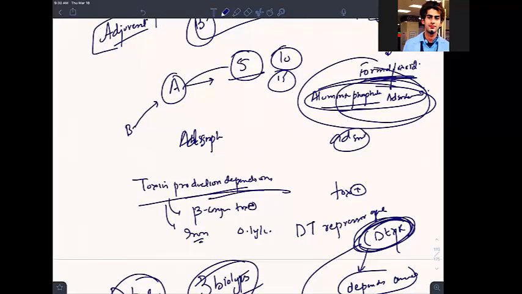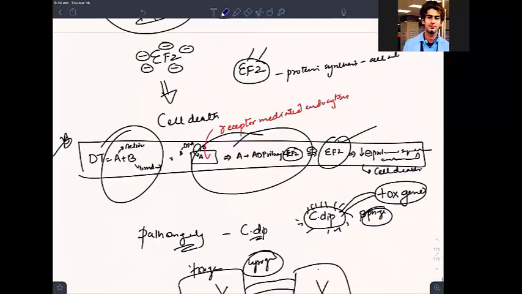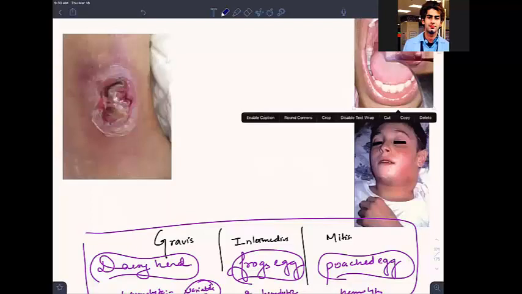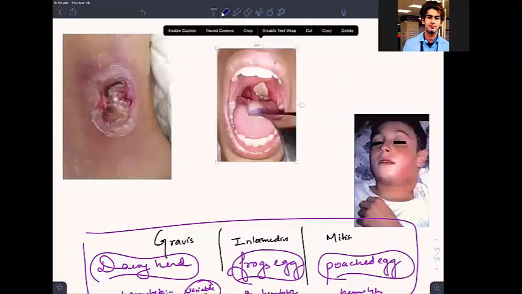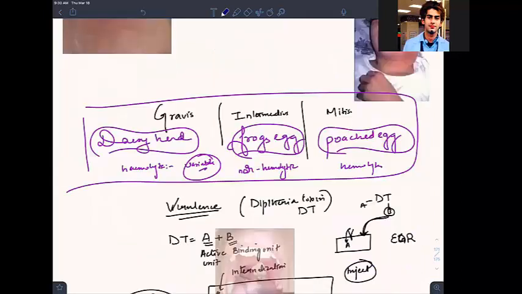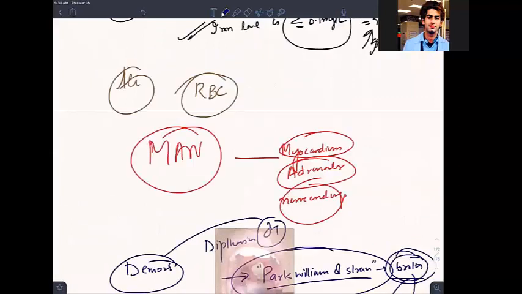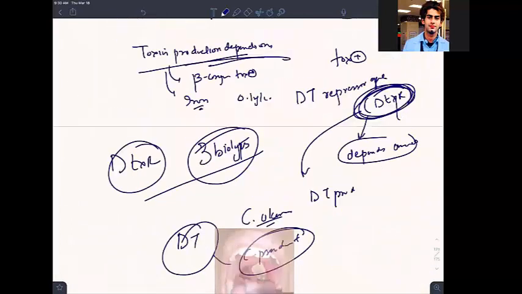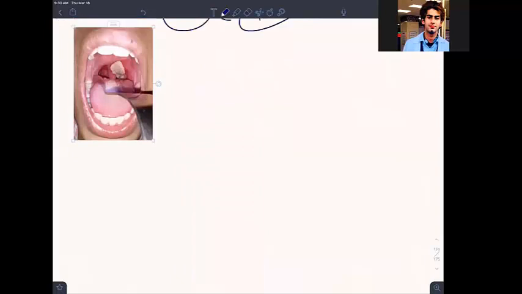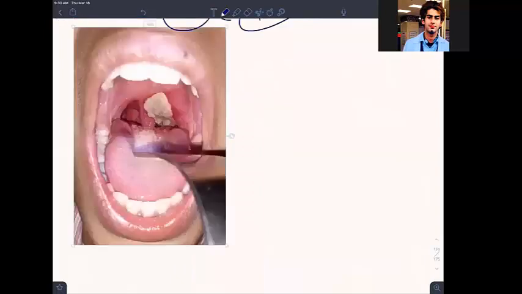Let us give you a clinical edge. So can we appreciate, let me take first the manifestations, what disease it is causing. It is causing diphtheria. What is diphtheria? Let us read very nicely this, and we'll teach you the vaccines also. Don't worry. First, I want to tell you what disease it is causing.